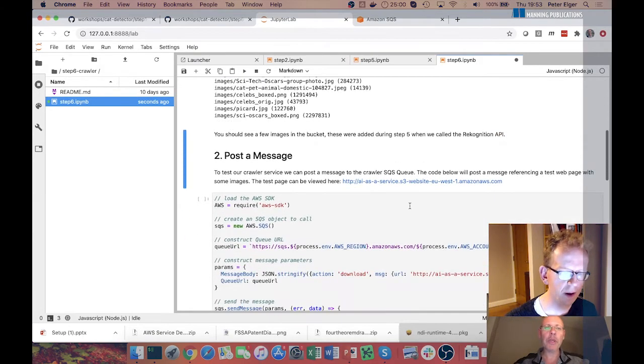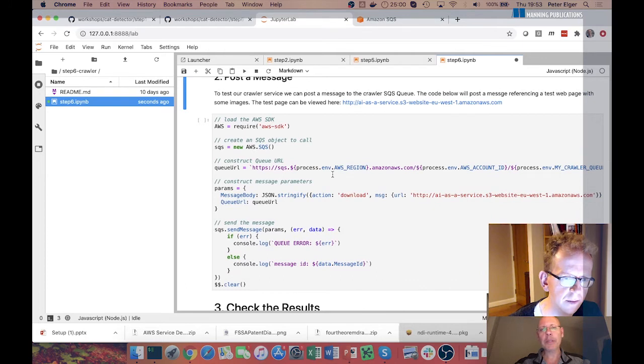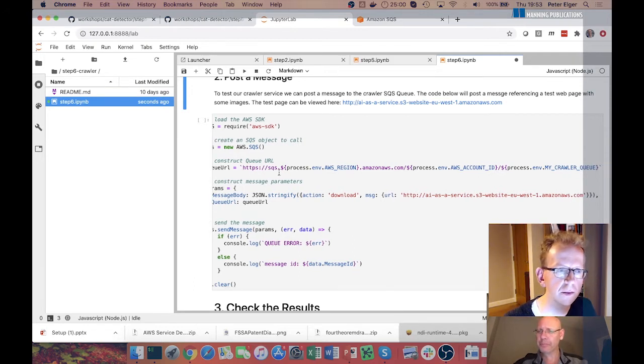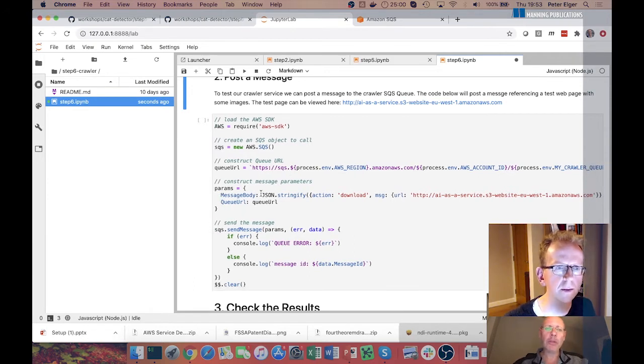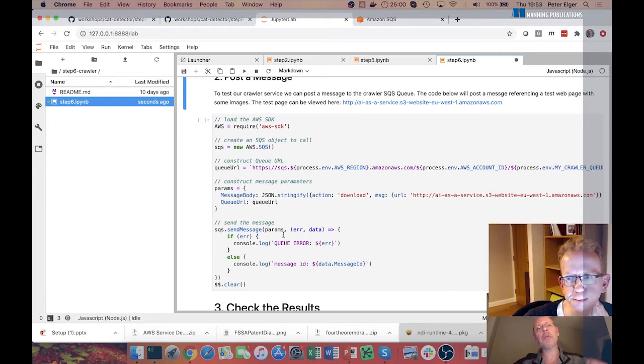So what I'm going to do now is use this code here to post a message to the crawler's SQS queue. To do that, we're going to construct the queue's URL. We're going to construct a message which will contain the queue's URL, and then we're going to use the SQS send message API to post that